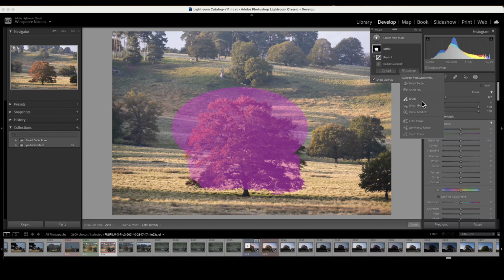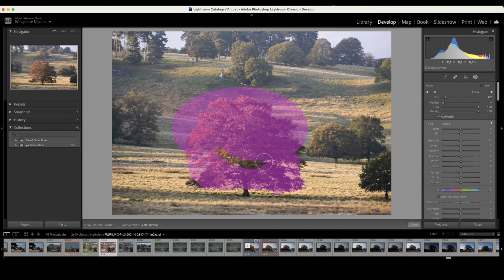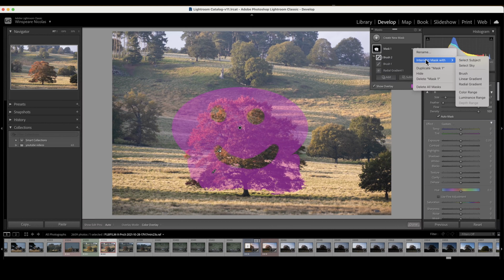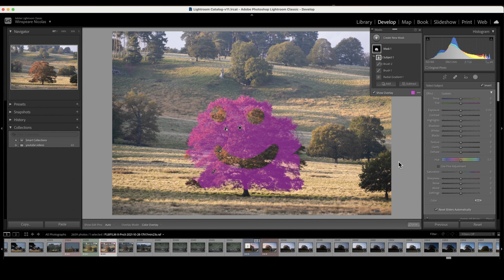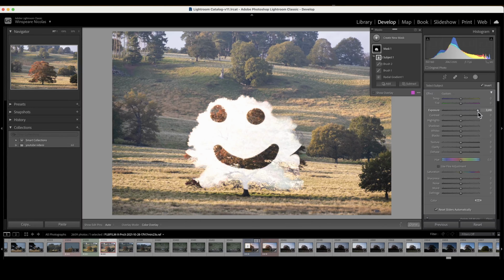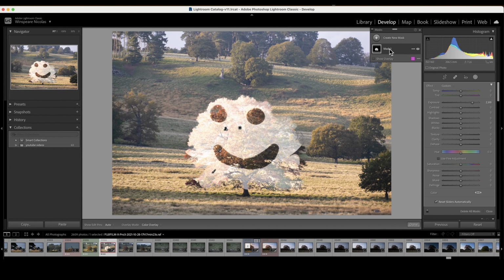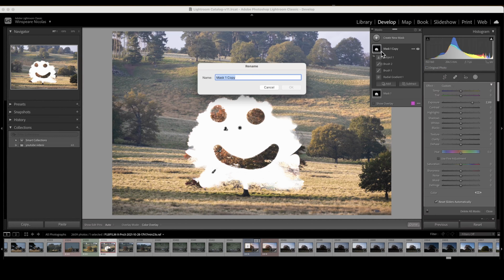Let's subtract brush strokes. So, okay, it's nice and silly. And we could intersect with, let's say, the subject. So I now have a complex mask, which is made with a base mask, add a brush, subtract some brushes, and intersect with a subject. That's mask 1. Now, if I duplicate this mask and call this invert,